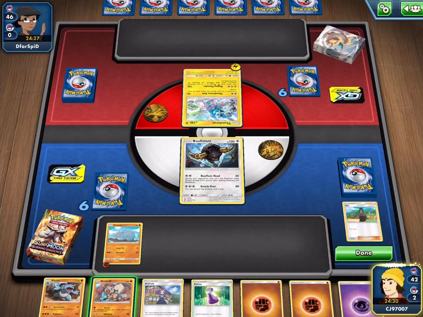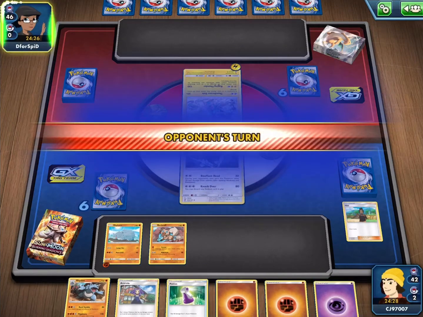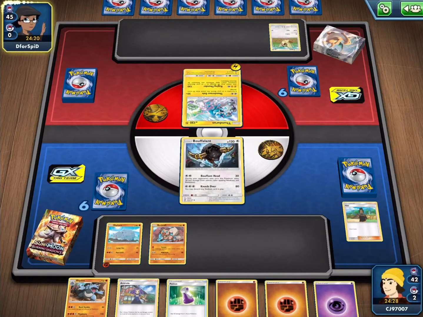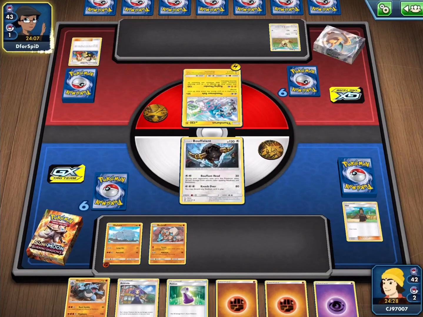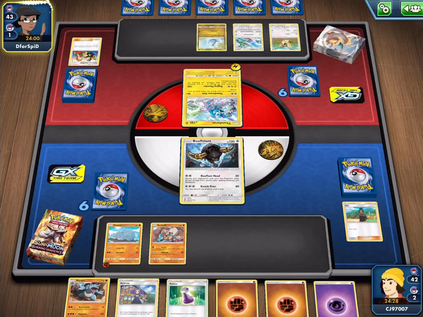We'll also use a Hop to draw some cards, and we do get a Rockruff, which is pretty nice. Not the best Rockruff, I'm pretty sure there's another one. Perhaps it's the same one, I can't remember, but there's another Lycanroc deck which I've done a video on before, which is actually a pretty fun deck to play. Not the strongest overall, as your damage is kind of capped in that deck, but it is still a fun deck. Unfortunately, this Lycanroc variant is the worst of the two Lycanroc decks,